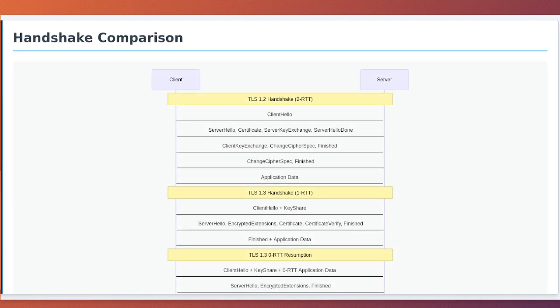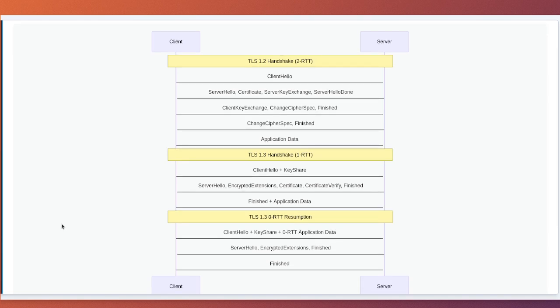Handshake comparison. Now I want to show you a detailed comparison of how the handshake process differs between TLS versions. This is where the rubber meets the road in terms of performance improvements, and understanding these differences is crucial for optimizing your applications. In TLS 1.2, the handshake requires 2 round trips between the client and server before application data